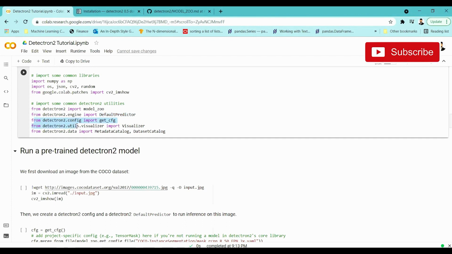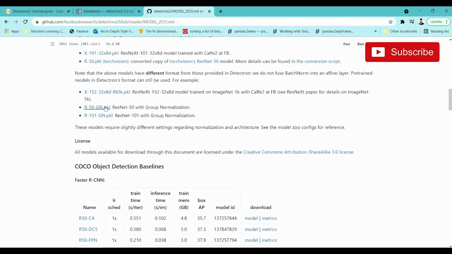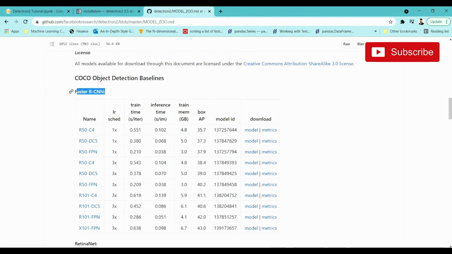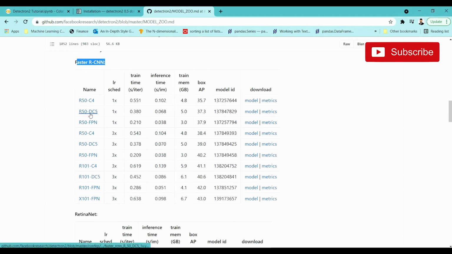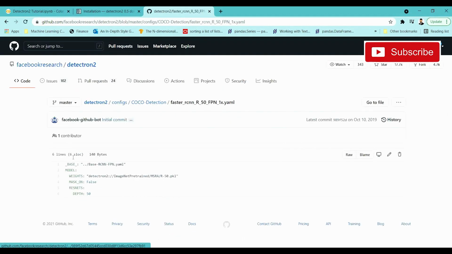And then from detectron2.config, we are going to be importing get_cfg. For every model which is available in model zoo, let me show you over there. If you see, these are the models. If you go to the Faster R-CNN menu, we have this model. For every kind of model, we have one configuration file associated with it. If you see, this is the configuration file, which is in YAML. We have to get this particular YAML file by using this particular function,